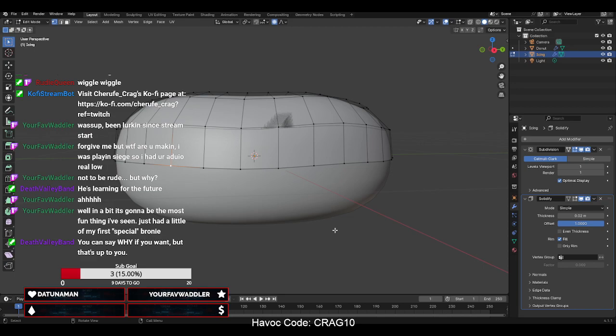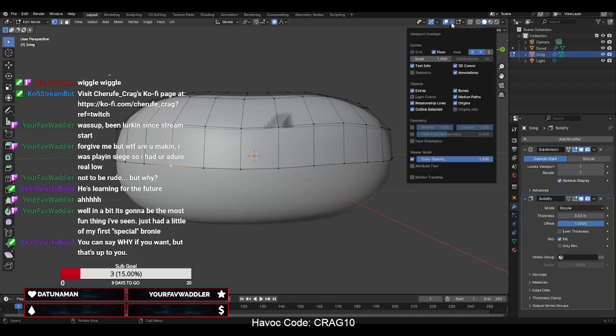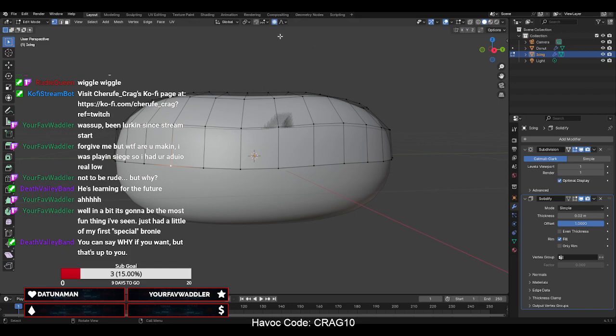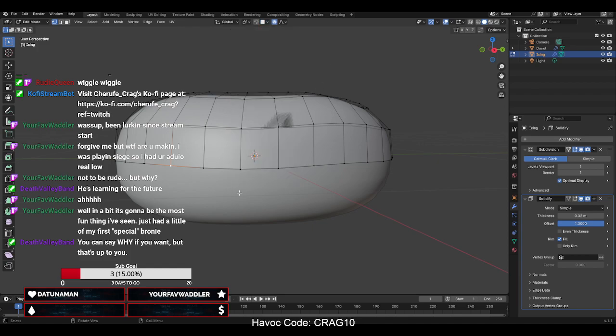Nah, I'll leave it a bit more vague for now. Most fun thing I've seen first. Oh, that's always fun. I forget, I didn't catch what he just did. I don't know. Snap to face. Okay, and then